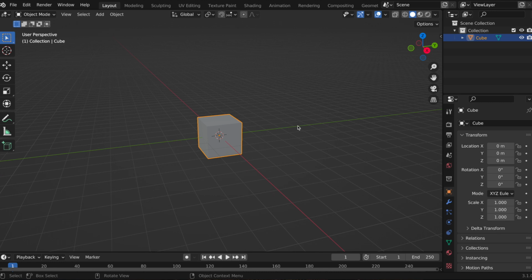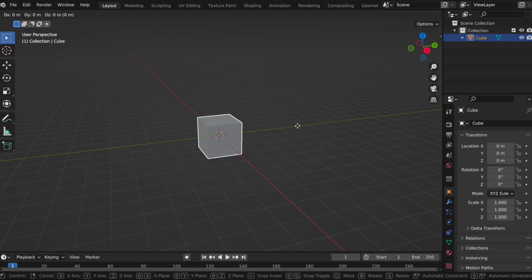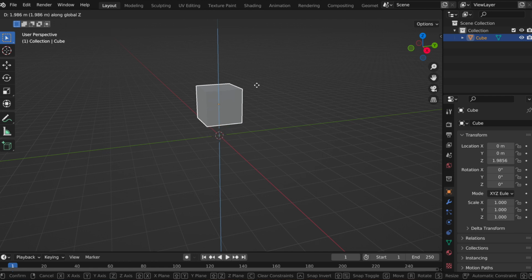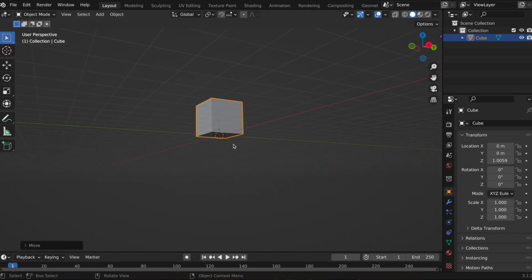So I'm gonna grab it by hitting G. Now I'm gonna hit Z. There we go, it highlights, and now I can move it above. Or I can just go with the arrow up and down, like so. Now I forgot to press enter. I'm gonna do it one more time